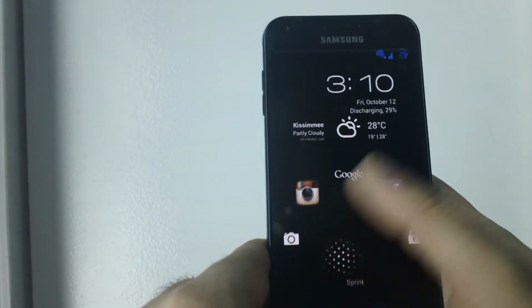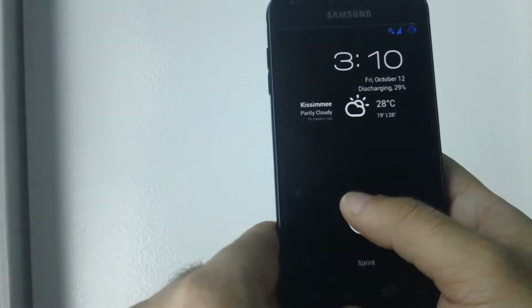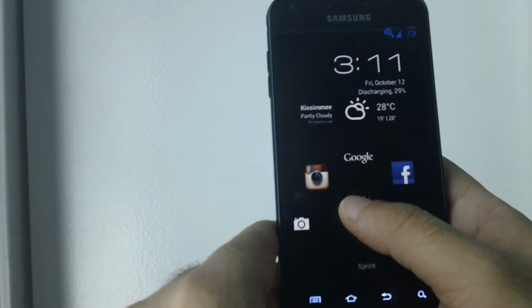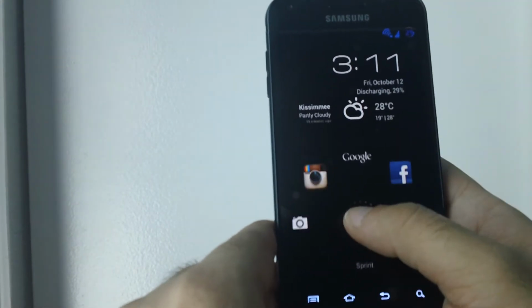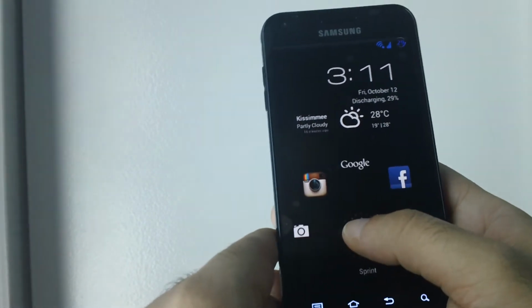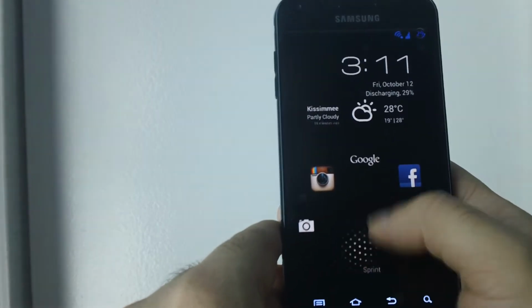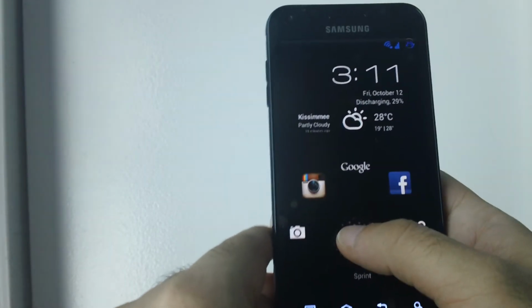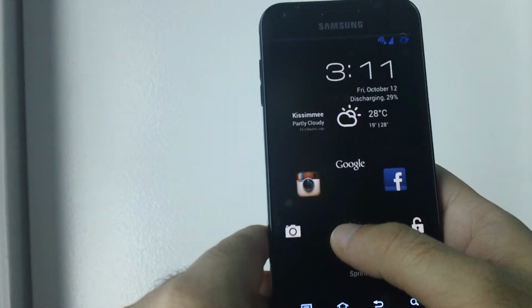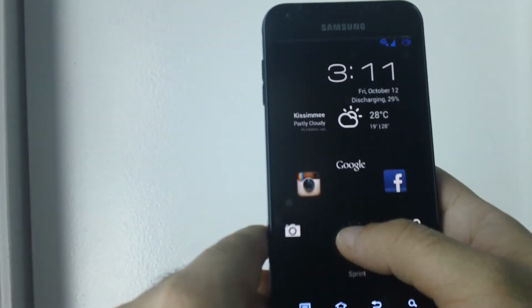And even stock, when I was on stock on the Epic, there were some little errors with FF18, but then they fixed it with FH13. So, that's just how it is. And the Epic's not running Jelly Bean, so if you're stuck on ICS, which is cool if you like stock, but to me, I'd rather have the latest and greatest Jelly Bean ROM, which is CM10 Jelly Bean. As you can see, I can take it to Google Now and just...